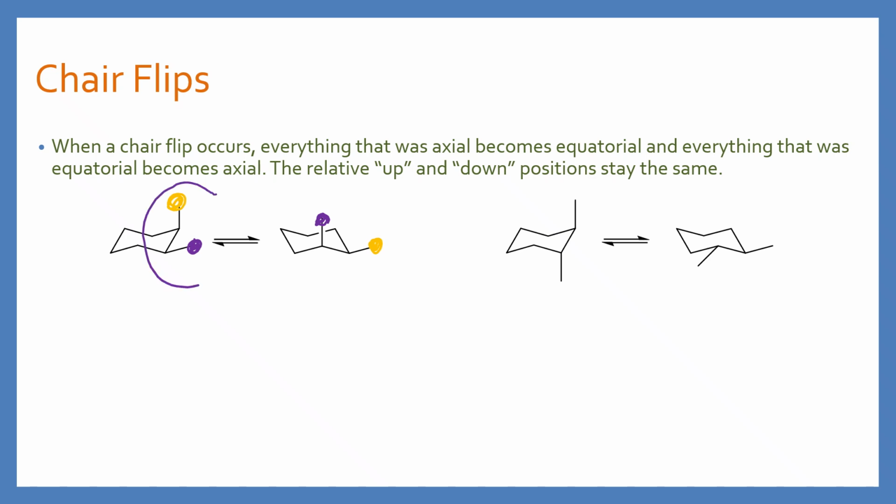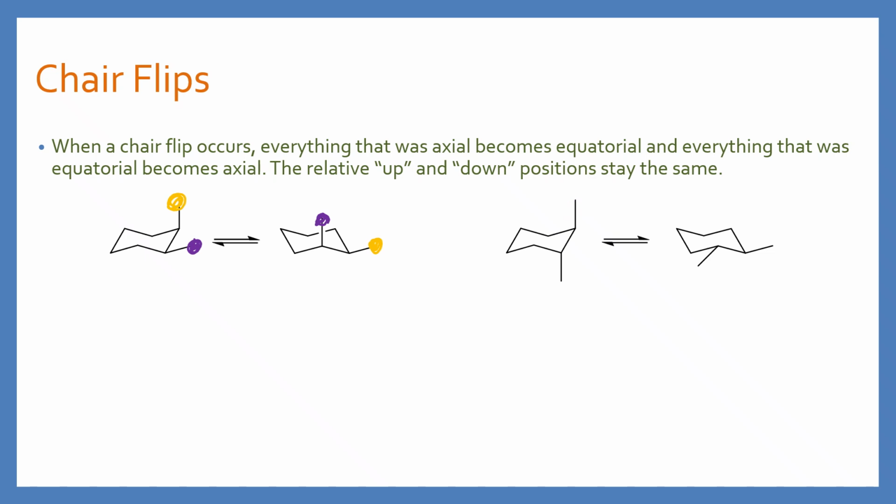So this example was cis 1,2-dimethyl cyclohexane, and because one of them has to be axial and one of them has to be equatorial, neither one of these is more stable than the other. They're actually completely equivalent. But for trans 1,2-dimethyl cyclohexane, where I have one group pointing up and one group pointing